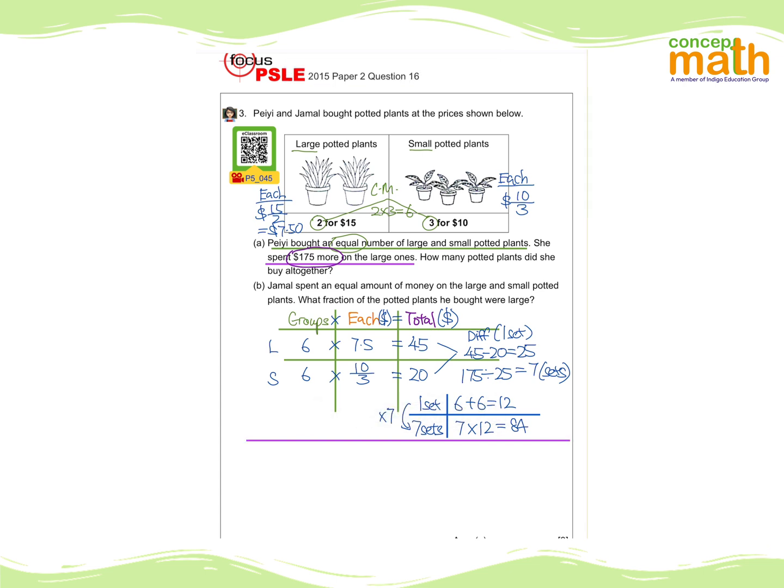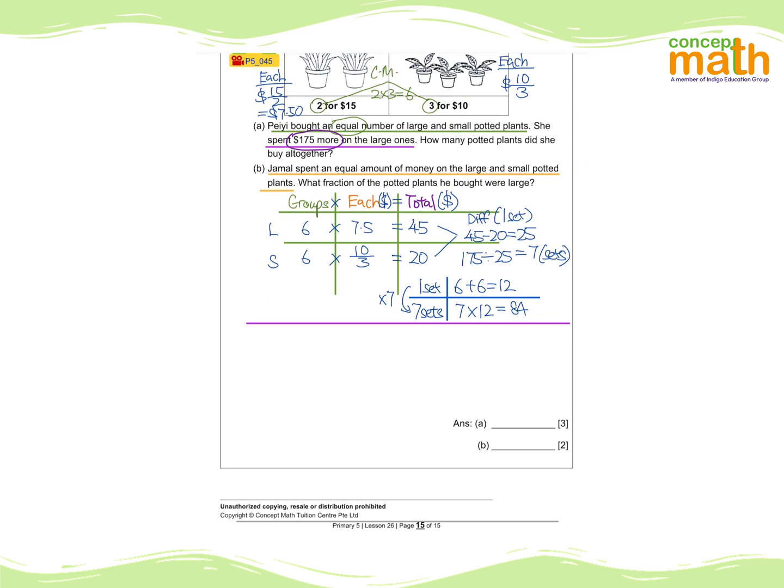So now let's move on to part B, which is on Jamal. Jamal actually spent an equal amount of money on both large and small potted plants. So as such, we can compare how many large and small potted plants he will be buying, such that the amount of money will be the same. Okay, so let's do a comparison. According to our understanding of the question, it was stated that for the large potted plant and the small potted plant,